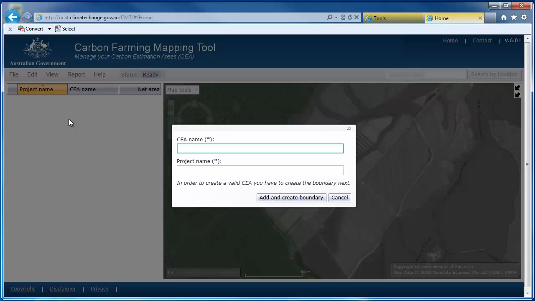I will enter a title according to my project area, and a CEA name that I can easily identify and recall. This way, I can use the same identifier for my CEA across all my project records. Now click Add and start to draw the boundary.